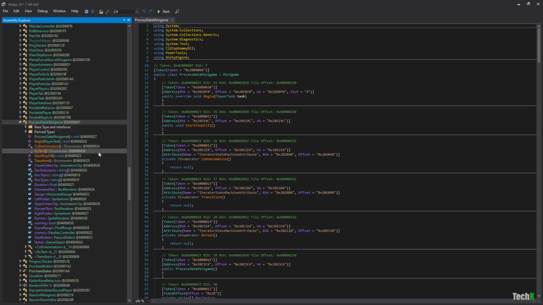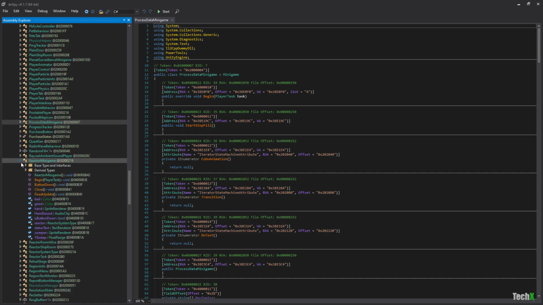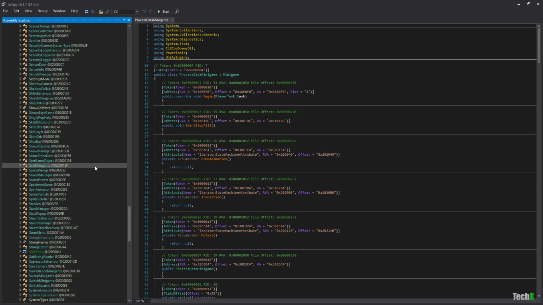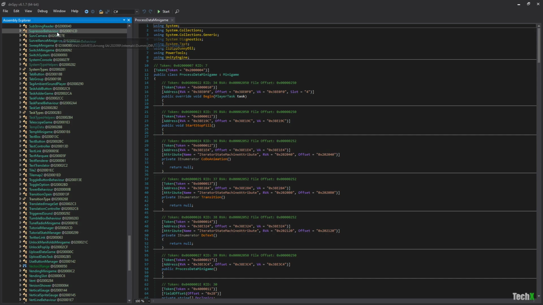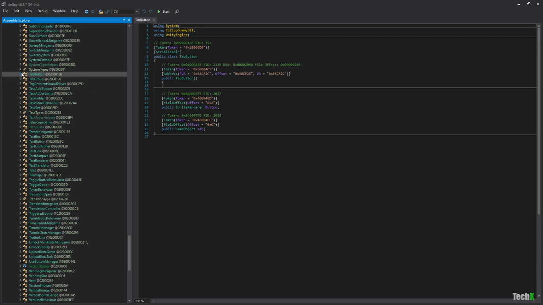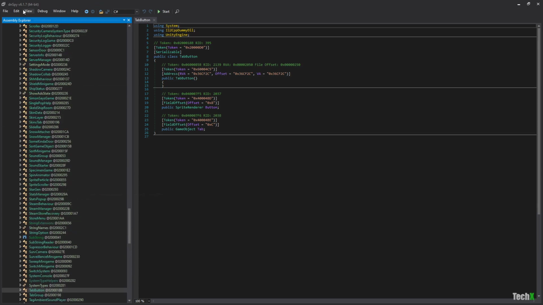Process data minigame. There's probably tons of stuff you can exploit with the mini games on here. So let's see, like reactor minigame. There's probably different things you can do with those. Let's see if there's like, for the tab box or something like that. Tab button. Nothing you can do in there. Tab group. Nothing you can do in there. Task add button. There's probably ways to see who the imposter is,